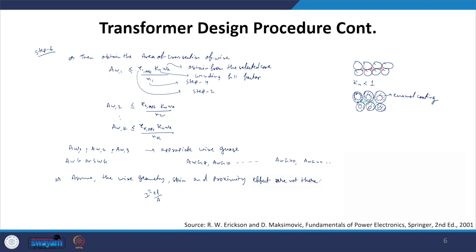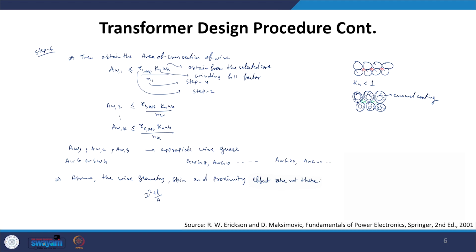Now one can also use other transformer design procedures. One simplistic way is to obtain the transformer design using the area product method. However, in the area product method we assume that the flux swing is between the maximum positive Bmax value and the negative Bmax value. There we have not done any optimization where our overall losses are reduced. So this is the next kind of transformer design where we can reduce the overall losses as well.